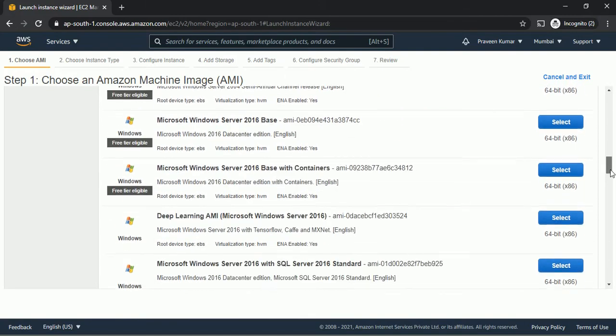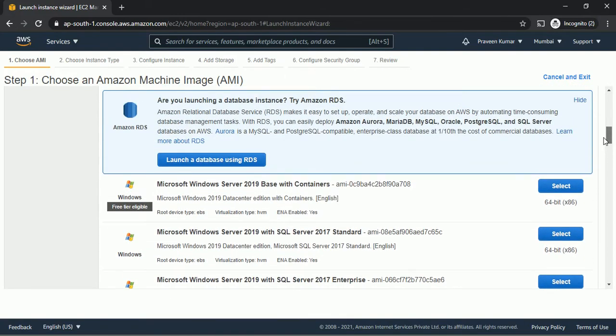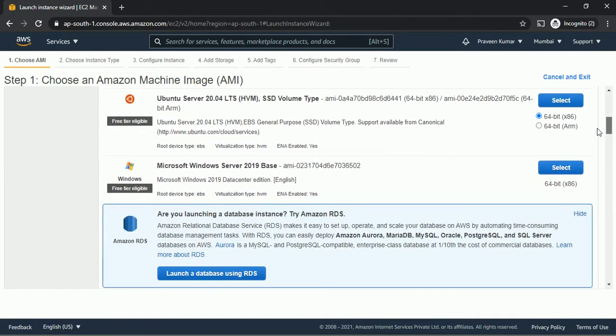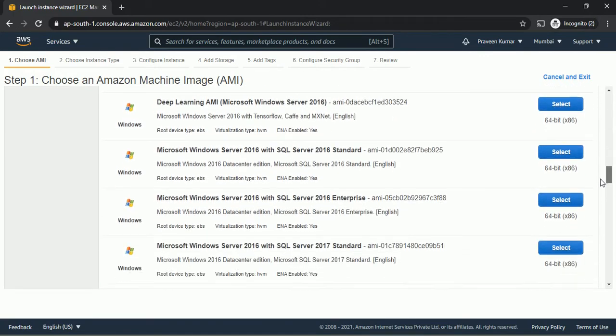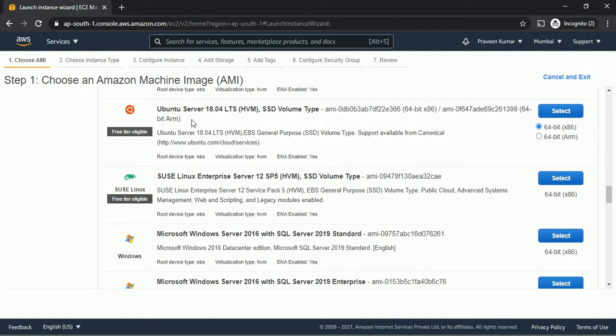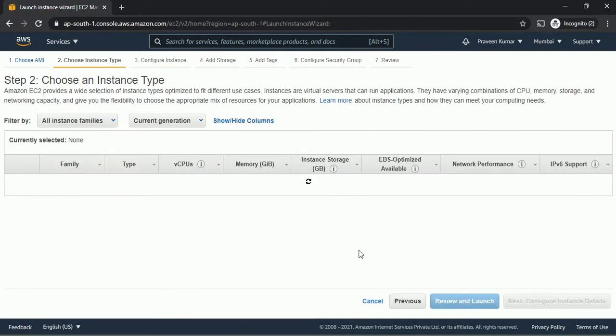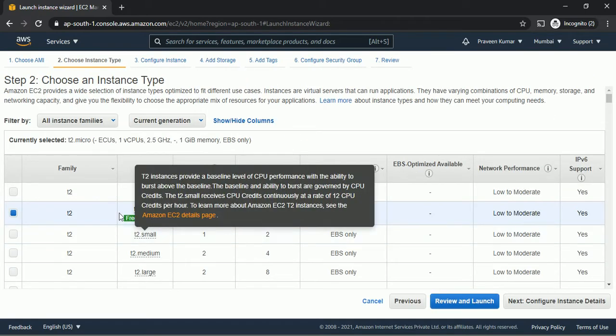Here I'm taking Ubuntu 18. So I'm selecting this Ubuntu 18 and I'm keeping it as T2 micro.